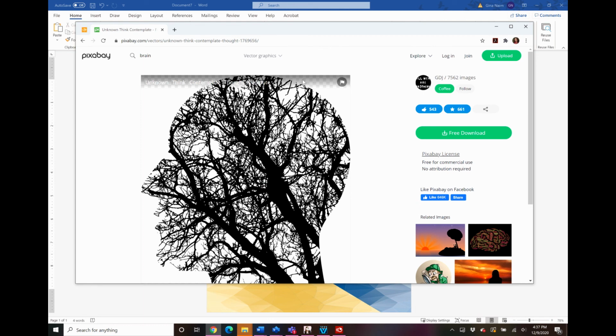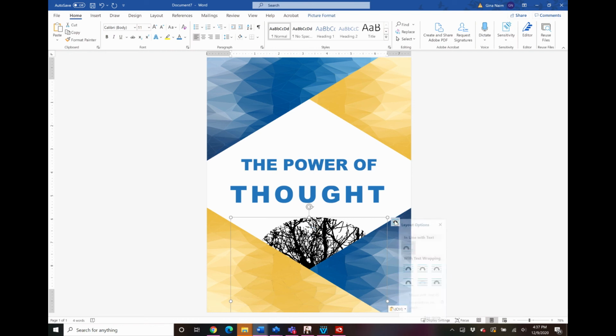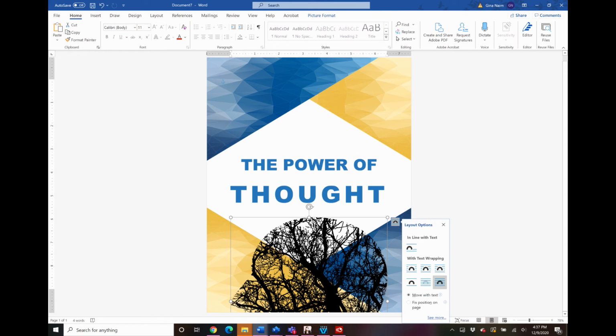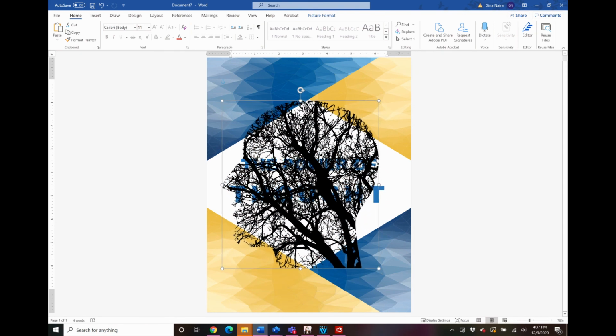So we'll copy the image. We'll come here to our Word document and we will Control V to paste. And we will set this to be in front of the text just for now, so that we can get this thing lined up.